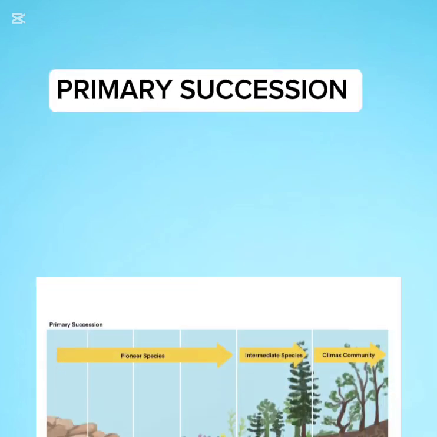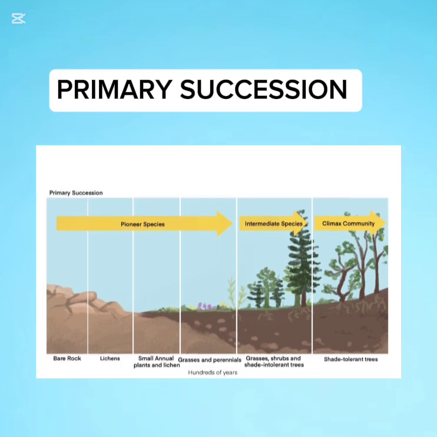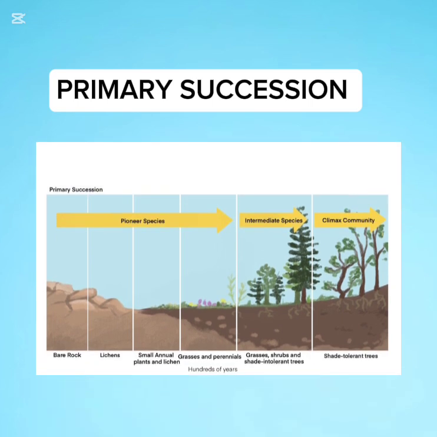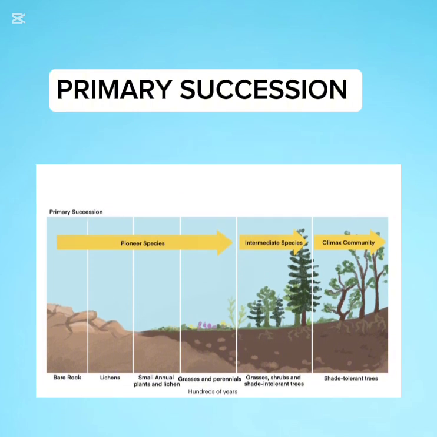Primary succession occurs in areas where there is no soil or previous life, such as after a volcanic eruption or a glacier retreat. The area starts from bare rock or barren land. Example: after a glacier retreats, it leaves behind exposed rock. In this lifeless environment, hardy species like lichens and mosses start growing on the rock. They break down the rock and contribute to soil formation. As soil develops, other plants like grasses and small shrubs begin to grow, followed by trees, leading to a mature